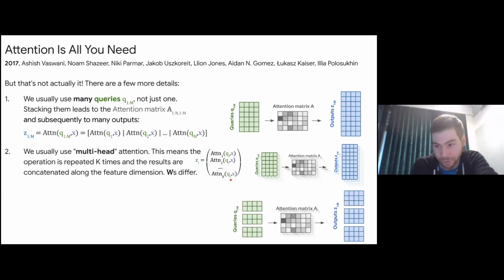I prefer this view. They mean exactly the same, but it's another way to think about it. So we have our queries. We split them along their vector dimension into shorter queries. So we still have 4 queries, but each of them is just a subpart of the query vector. And then we compute the attention matrix for each of these pieces. In this case, we cut it into 3 pieces. This would be 3-head attention. So we now have 3 attention matrices of the full size, because they are of size number of queries times number of keys. And then we have 3 output pieces. Each of them, again, is smaller because we cut everything into pieces, and then we concat them together into a longer output again.